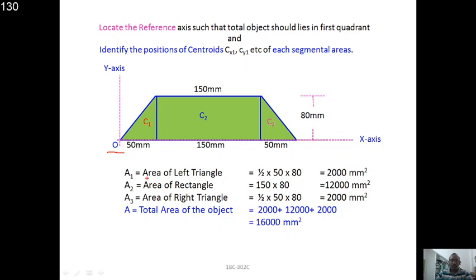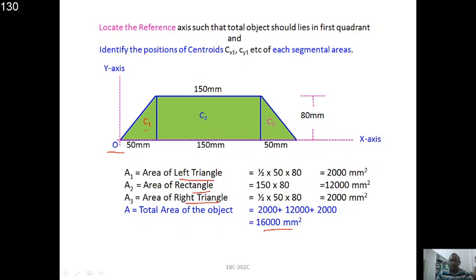Then we calculate the areas of each individual shape, that is the left triangle, the right triangle, and the rectangle, that is the middle one. And we locate those centroids C1, C2, C3 roughly, right? So C1 means x1, y1; C2 means x2, y2; C3 means x3, y3. So we need to calculate those x1 y1, x2 y2, x3 y3 values from the given figure with respect to the reference axes, right? So calculate the areas of each part,